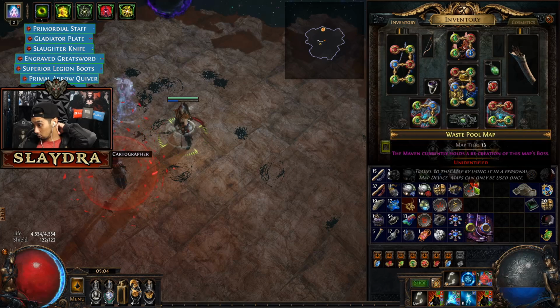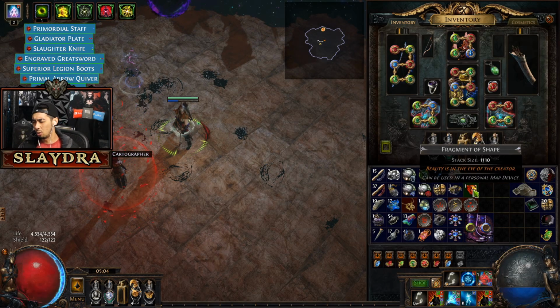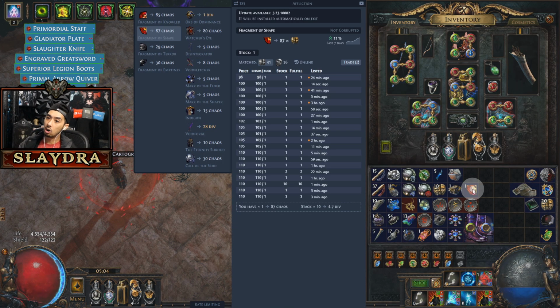So our next goal is to fight another boss called the Elder. Now you can do the Elder or the Shaper first, it doesn't really matter, but we're going to try to get the Fragment of Shape, the Fragment of Knowledge, and then the Fragment of Terror and Emptiness. So Shaper drops Knowledge and Shape. The Elder will drop the Fragment of Terror and Emptiness. And then you need to grab all 4 of those